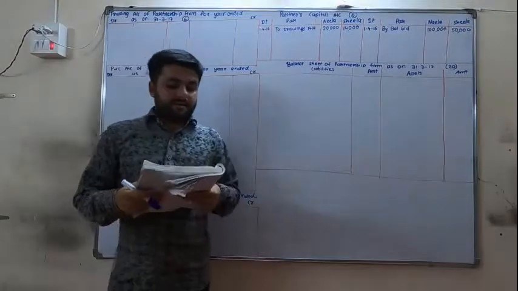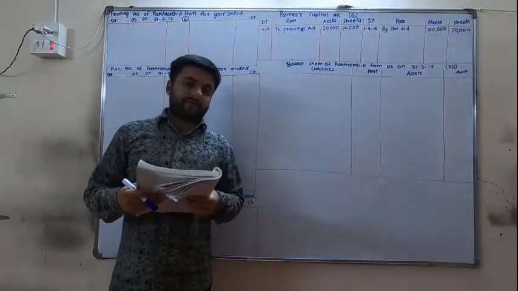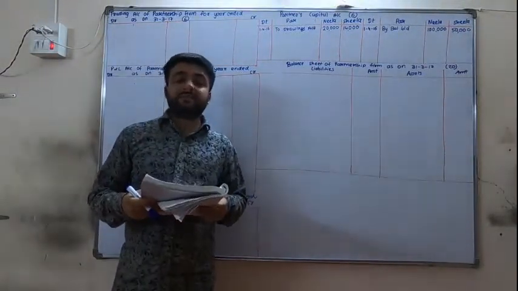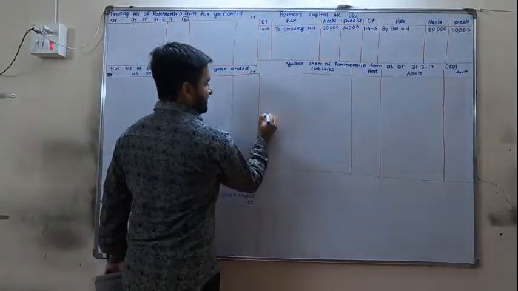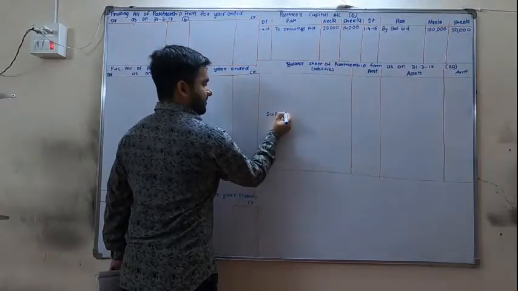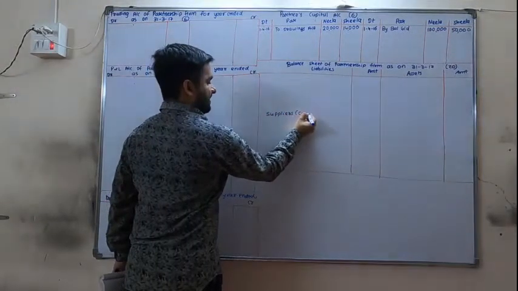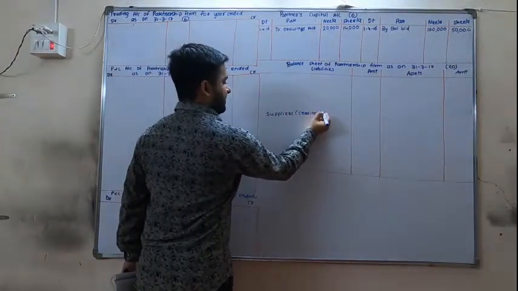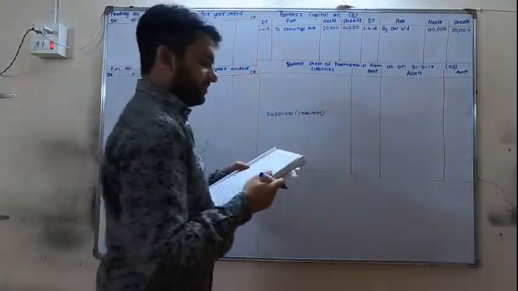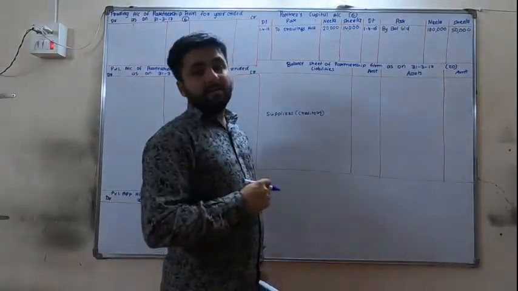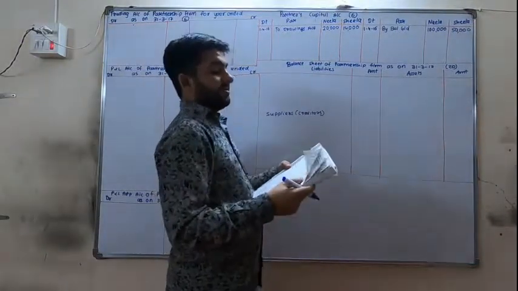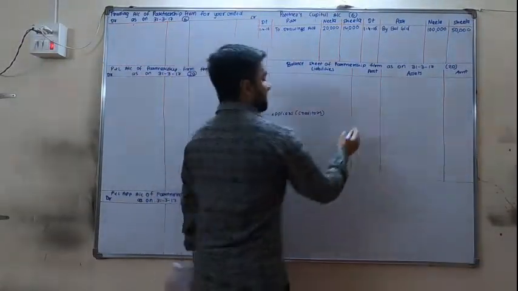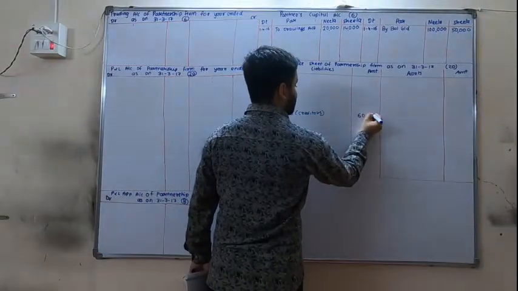Okay. Next, we have suppliers and we have customers. Suppliers means, remember, creditors. Creditors are on the liability side. Leave 6 lines and write in between suppliers, write in the bracket creditors. We don't have any adjustment for creditors or suppliers, so directly in the outer column. But don't decide that suppliers has been written first, so its balance will be first. Suppliers means creditors, they are having credit balance and they are 60,000.